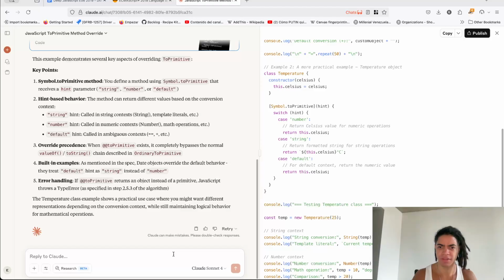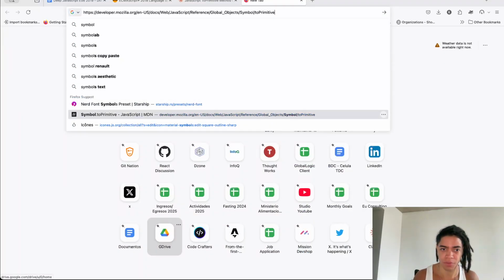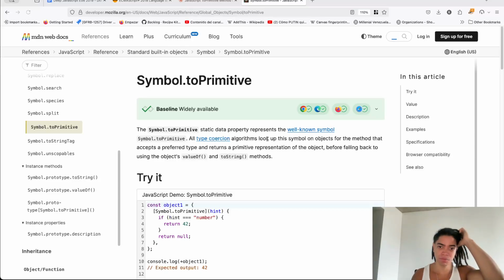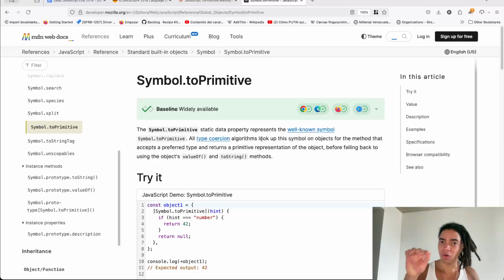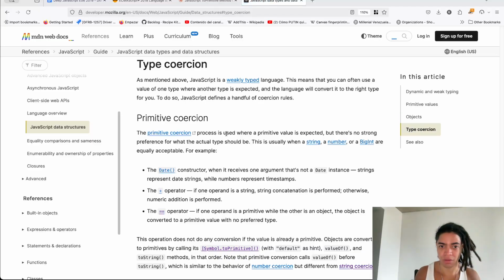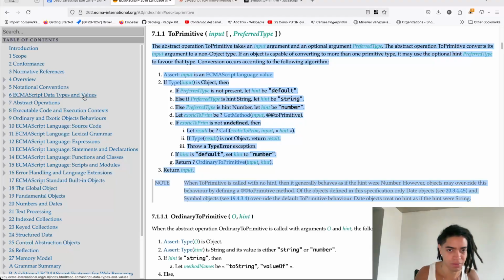So it's in symbol here, toPrimitive. This toPrimitive is a static data property that represents the well-known symbol toPrimitive. All type coercion algorithm. And if you remember the type coercion algorithm, that can be these abstract operations, this toString, toBoolean, toNumber, among other ones, like here, let me see,